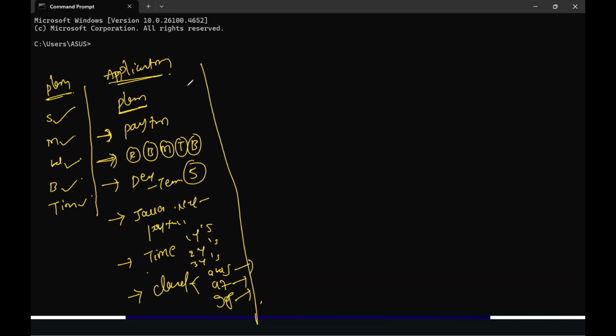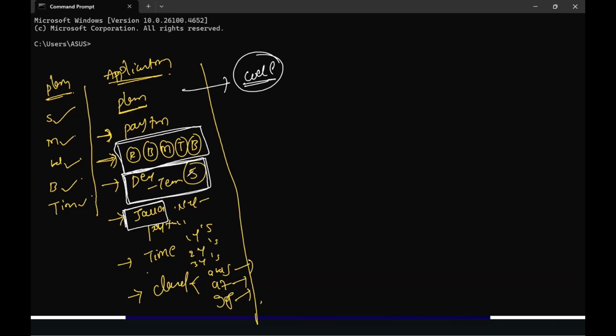Next. After plan, we have the code. Now, what is meant by code? See here, code is nothing but the development team I have involved in the planning phase. These developers are going to write the code according to my requirements.